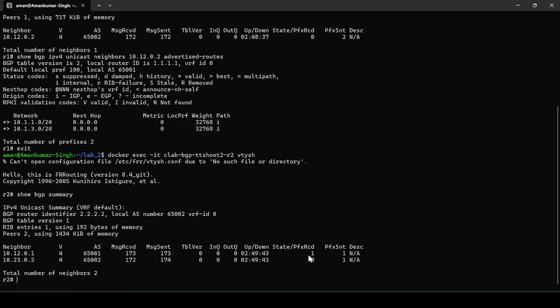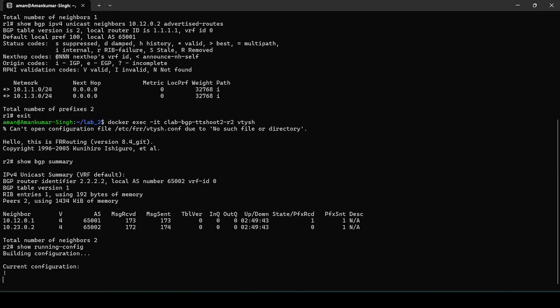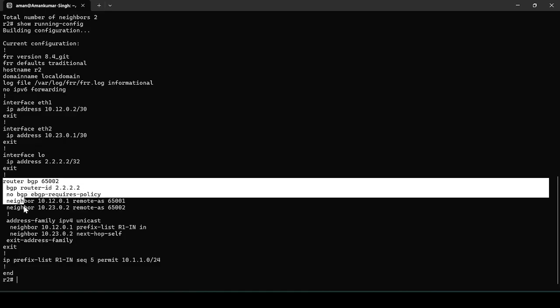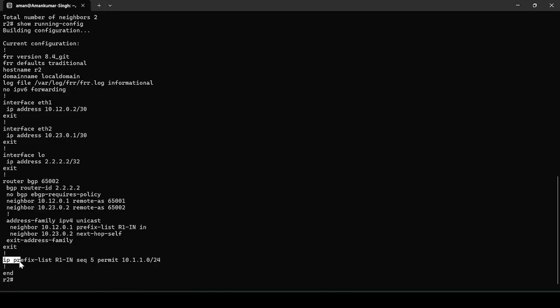So how can we verify that? Let's first look at the configuration on the device. All this is the basic interface configuration. Now this is router BGP. And what I'm seeing is a prefix list, and this prefix list has a permit statement for 10.1.1.0. But we have two routes,